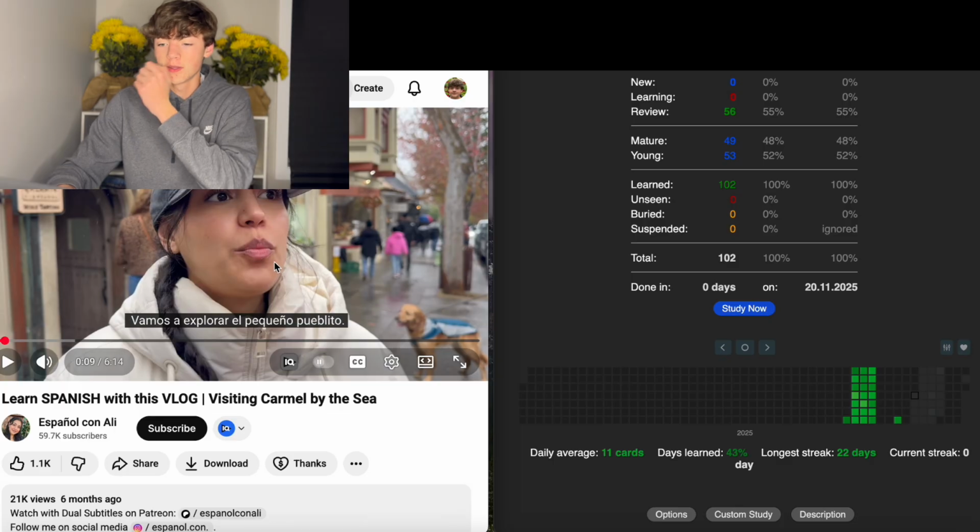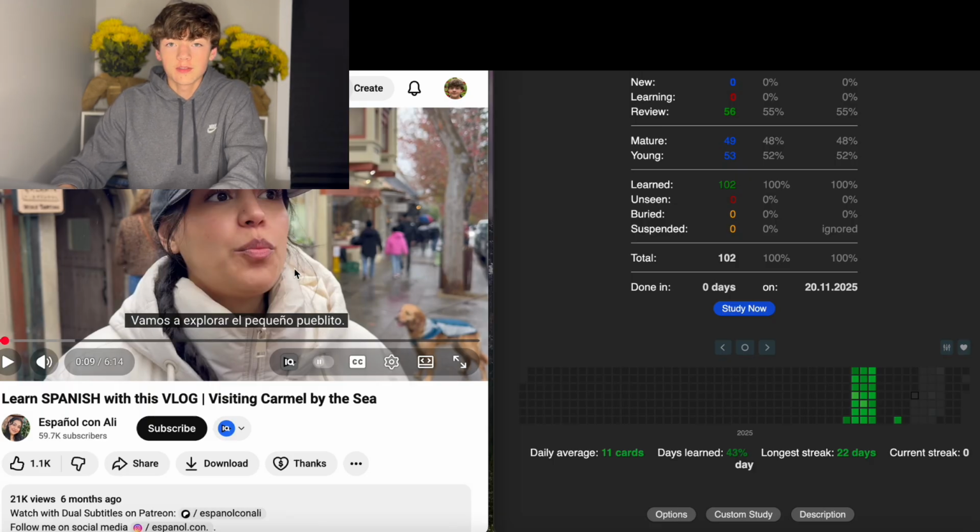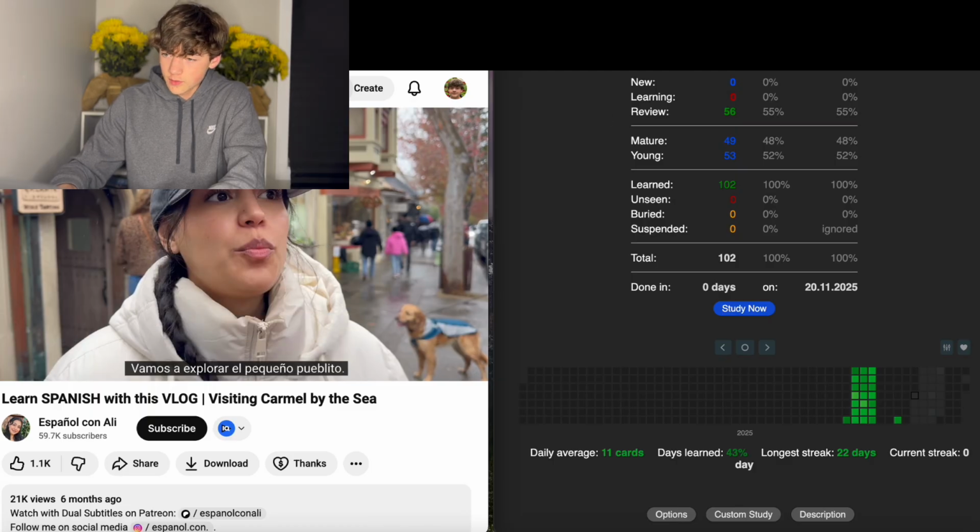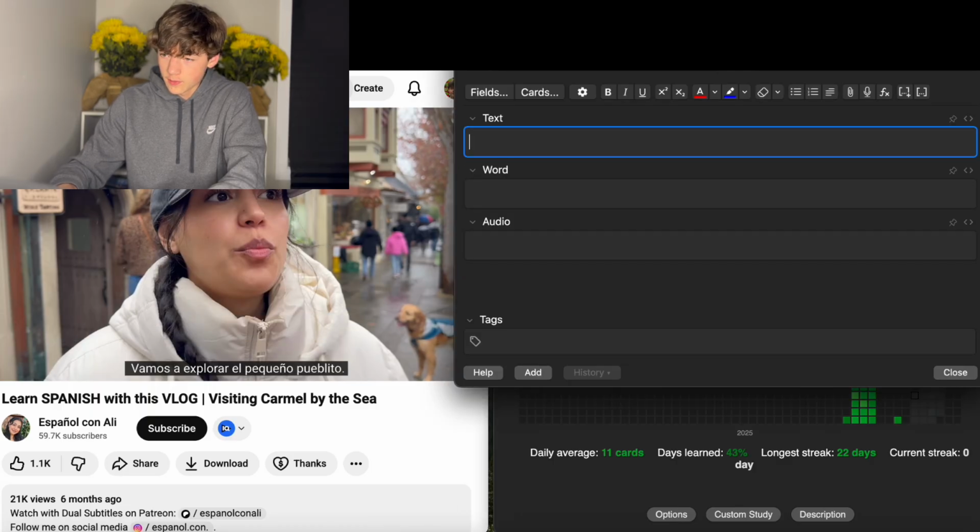Okay, now let's say I don't know the word pequeño, which means small. Now, obviously that's a very important word. It's a high frequency word and I would use it a lot in my daily life. So then I decide, okay, I'm gonna add that word to my Anki deck. So I go over to my Anki